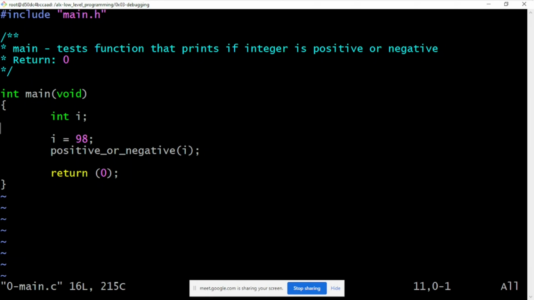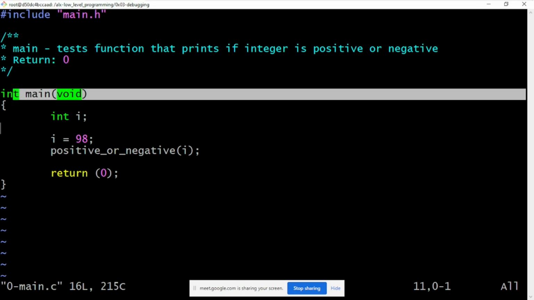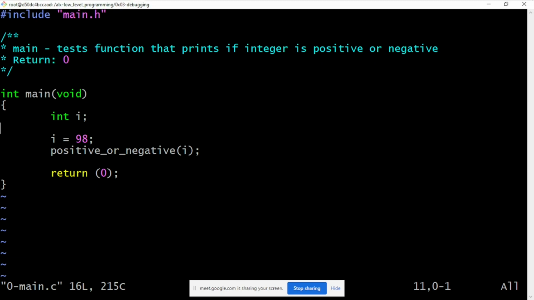It's like we are going to change that int main to int positive_or_negative(int i), and we use the Betty style to address it as well. Wonderful. By the time you change this one to this one, and then you change Betty,